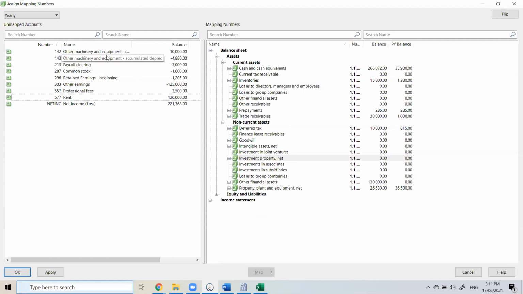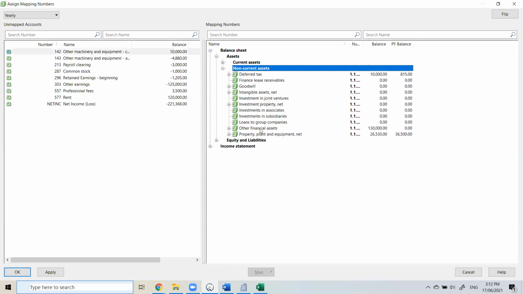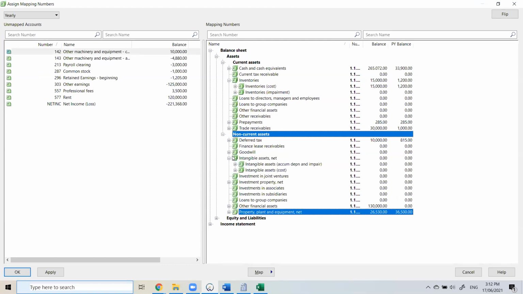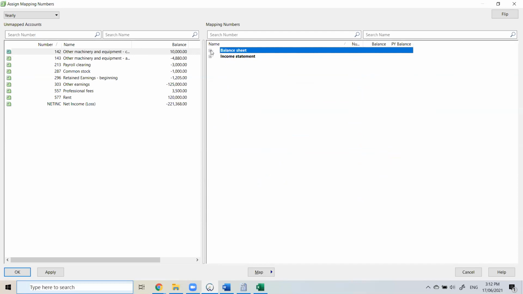Moving on, other machinery. Other machinery is my property, plant, and equipment. So I can go on the balance sheet, asset, current asset, that's wrong, non-current asset, property, plant, and equipment. I just wanted to also show you another tip here. Now, let's say I have imported a few accounts. My screen is pretty messy now, like this. If I simply come up to the top and collapse balance sheet,